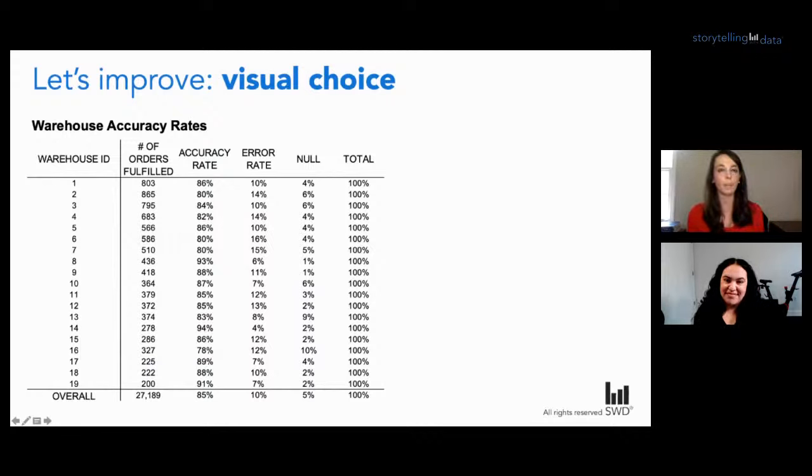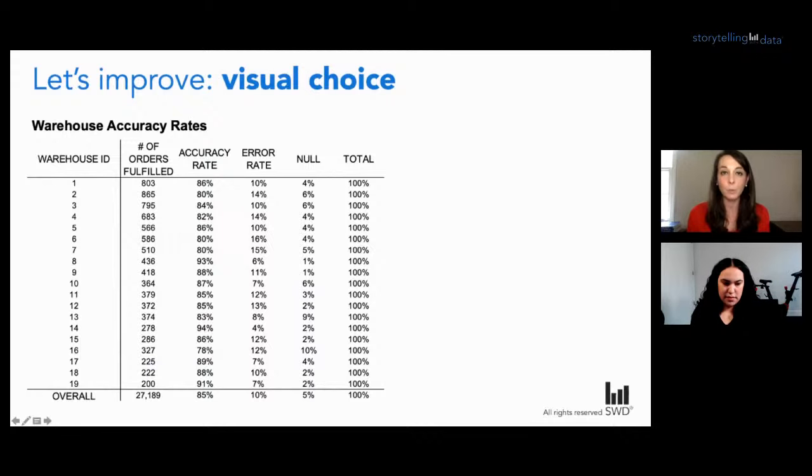And so you want to be thinking about, if I'm going to do that, is that what I want my audience to do? Do they need to have a specific level of detail or perhaps look up numeric values? Do I need to scan down and look for warehouse ID 12 and know exactly that it's 372 compared to 85, and so forth and so on? I'll also point out how much harder your task is when I'm talking to you at the same time. So we just want to be aware of how much of that reading we're asking our audiences to do in a live setting like we are here today.